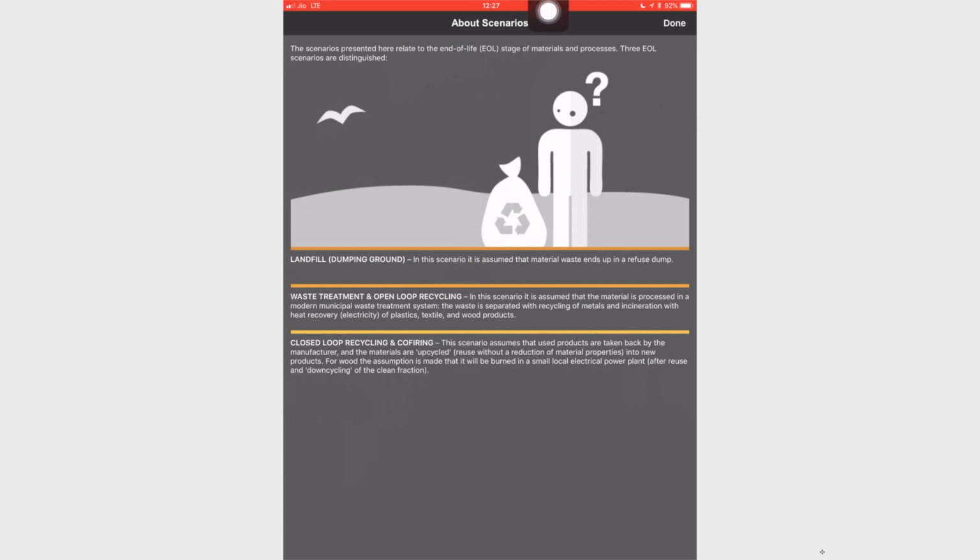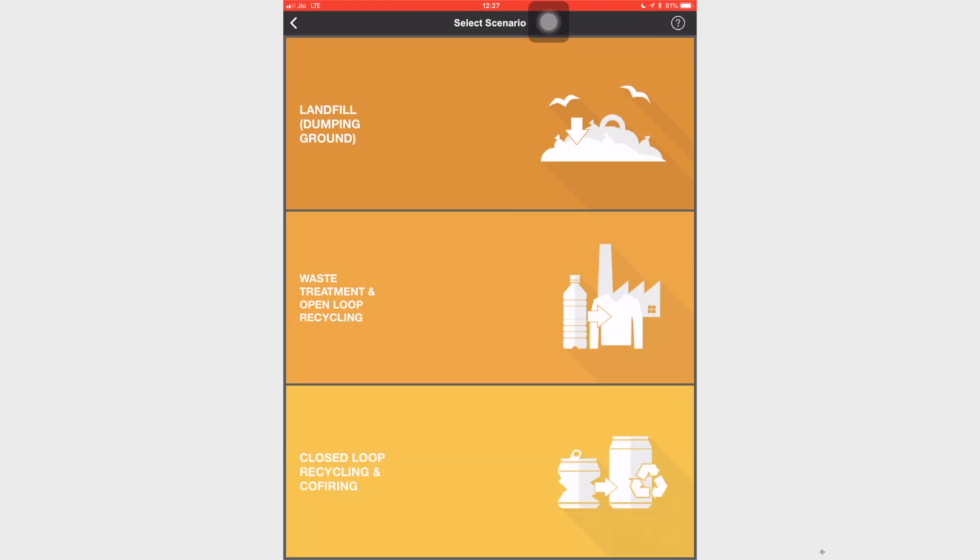So, now after reading this, we precisely know what is meant by each of these end of life scenarios presented in this particular app. Now, let us see what kind of difference comes depending on the data I am going to see. So, let us select landfill and dumping ground scenario.